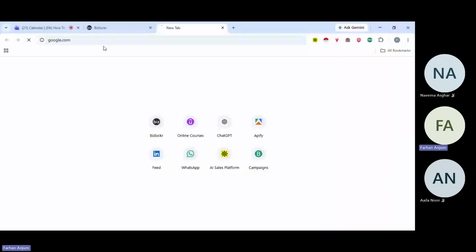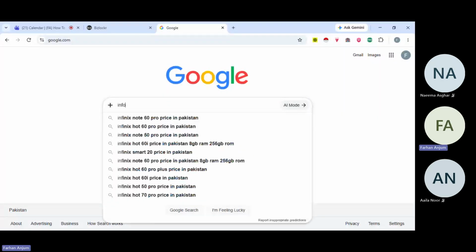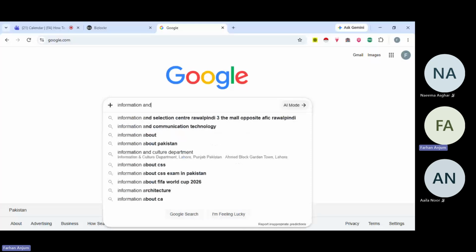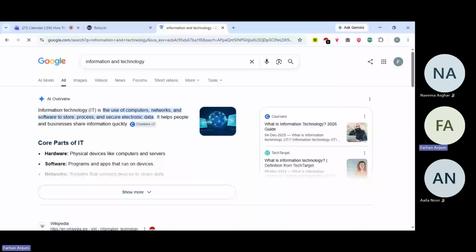So first things first, let's decide the industry that we want to keep up with. Suppose it's going to be information technology. Now, if we simply search for information technology, there are going to be various kinds of results, and it would be a very huge result set.